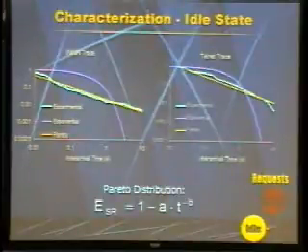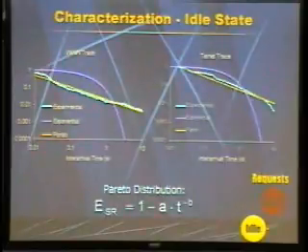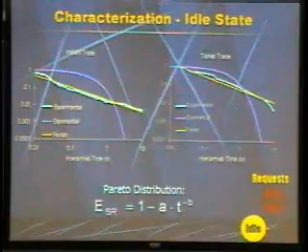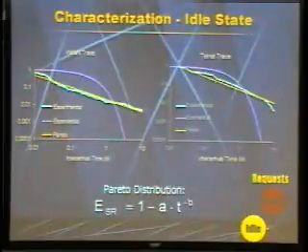The key thing to notice here is that this purple line is an exponential distribution fit to the inter-arrival times. The reason I put exponential is that most people, when they do quality of service analysis, use Markov chains, so you can figure out what your buffer size is and what kind of delay you have. So the Poisson assumption is typical. It turns out if you have very fast inter-arrival times, your exponential model will hold pretty well. If you have relatively slow inter-arrival times, and these are the times that are of interest to us during idle time, because that's the amount of time that you have to go to sleep,